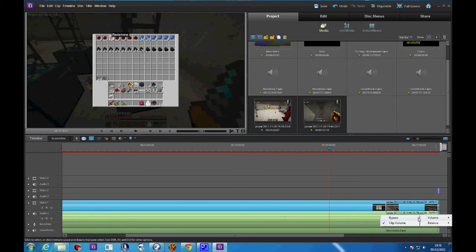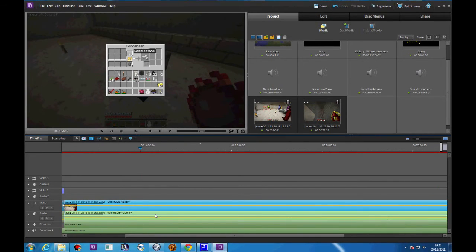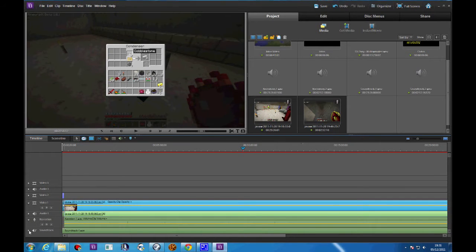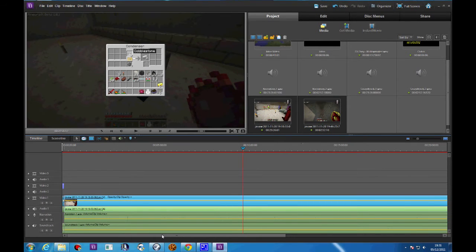So what we do is we do bypass on the volume here, and we do the same on this file. We bypass the volume, which basically just mutes it. So now I can go collapse, because I don't need to see that. We open those two up. Now what I normally do is